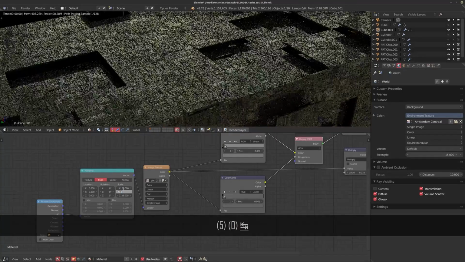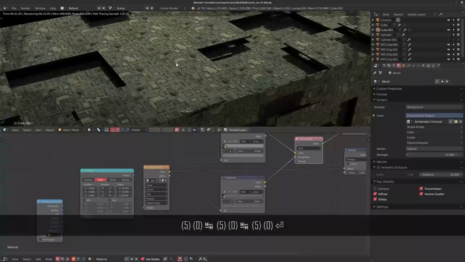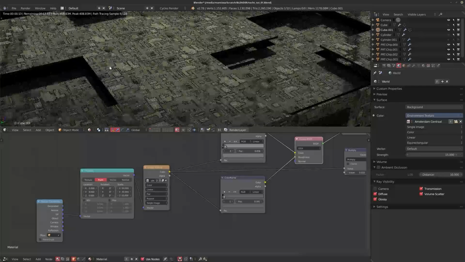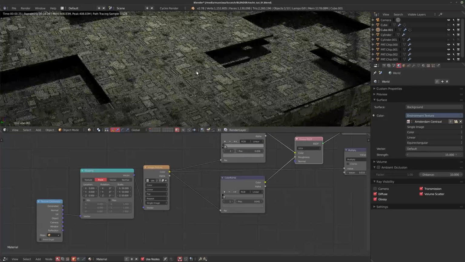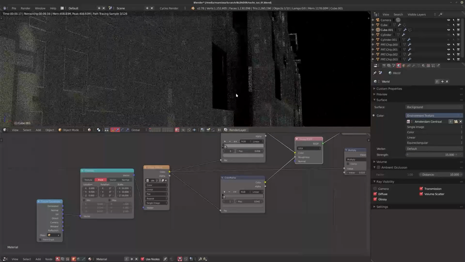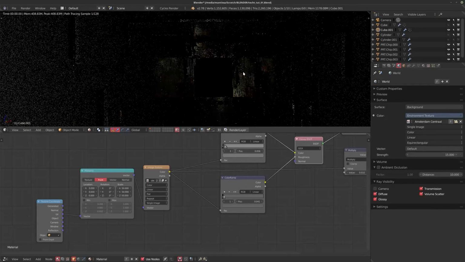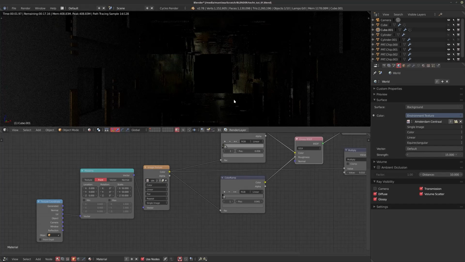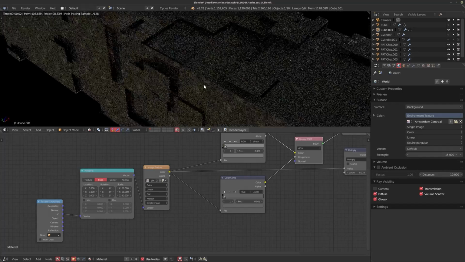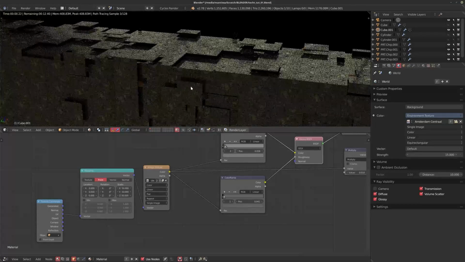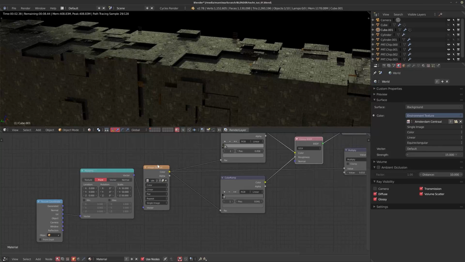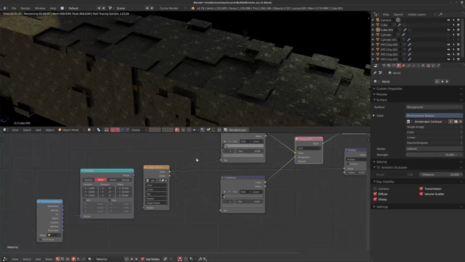The only thing you've got to watch out for though is that you make sure that the tiling doesn't become too obvious, like certain shapes will start popping up again and again. But again, it's all dependent on your camera angle, so be sure to visit your camera view quite often to make sure that it doesn't look all that repetitive. So here I can see a few things. I don't know if it'll be obvious enough in the recording, but you just keep an eye out for that and maybe scale it up and scale it down. You can mix two maps together as well without too much issue to sort of alleviate that a little bit.